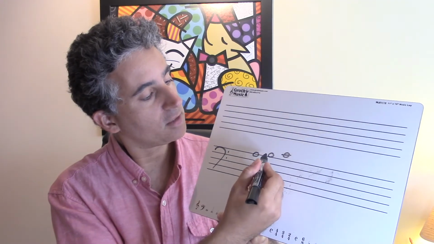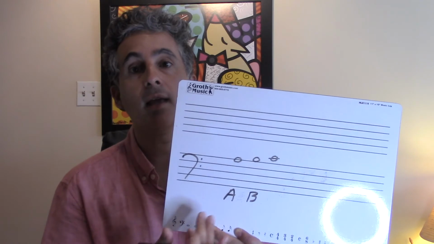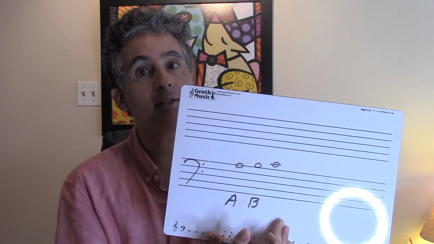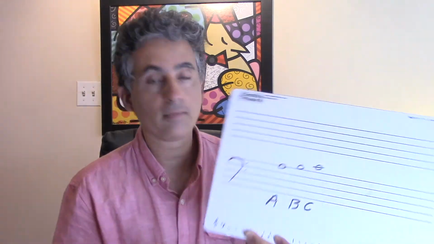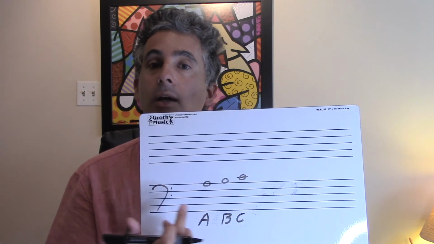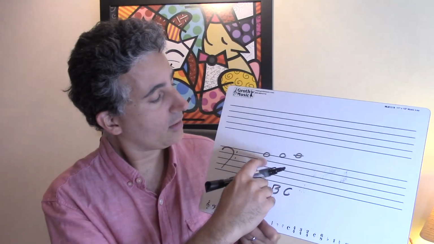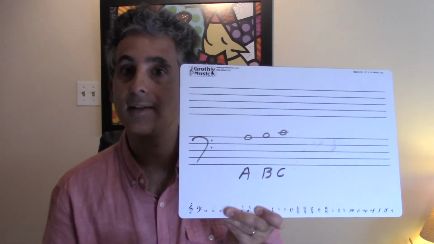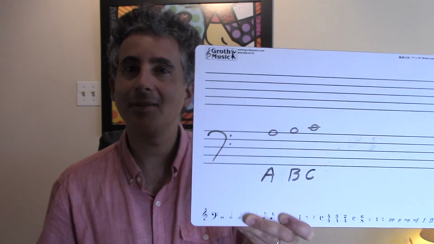And because it's going from a space to a line, we're moving by step up again. This was A, this is B. Can you guess what this is? If you said C, then you got it. And like I said earlier in the video, you can also use the same method if you're going down. You can use step down, you can go skip up or skip down, skip over a note. So that is these three notes in the bass clef. A, B, and C. If you figured it out,